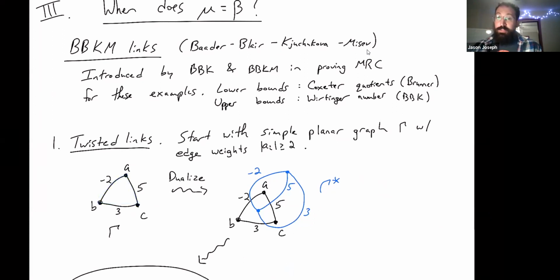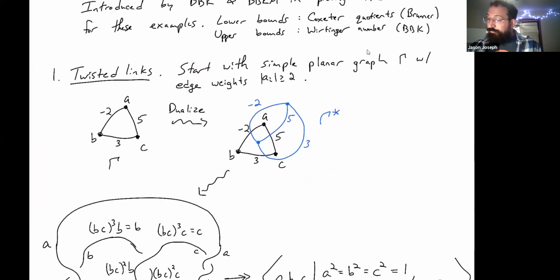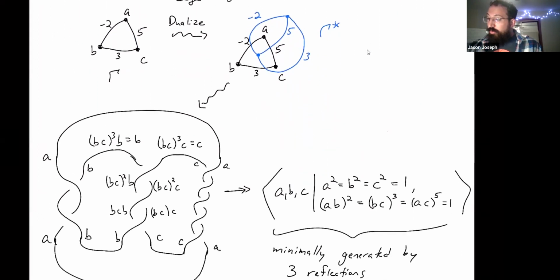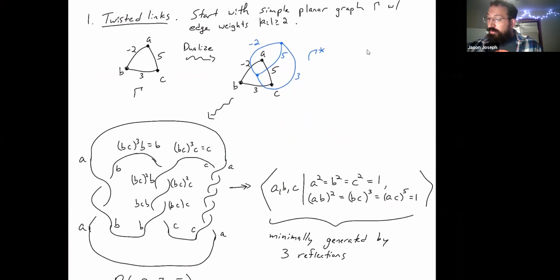Now you dualize and get this blue graph, and now you plumb together twisted bands according to the edge weights, and you get some link. And this link is manufactured to have a nice Coxeter quotient that you can read off from the graph. So that's really cool. And what's even better is that it's known,